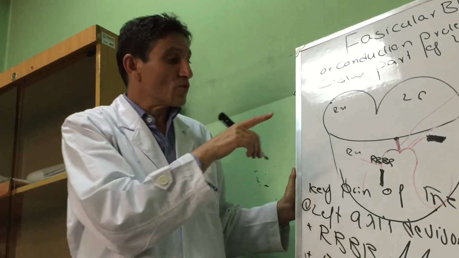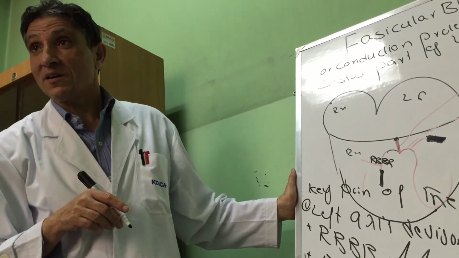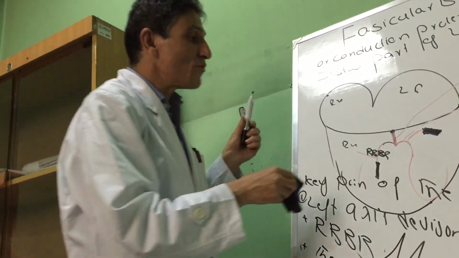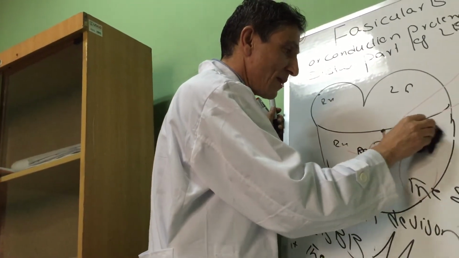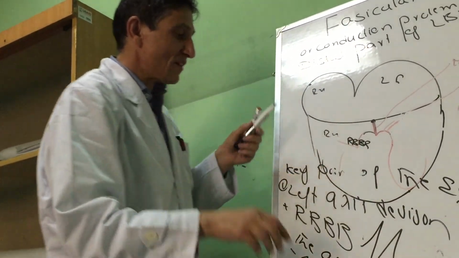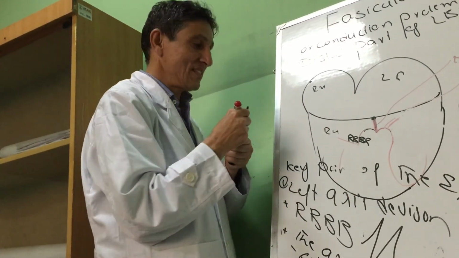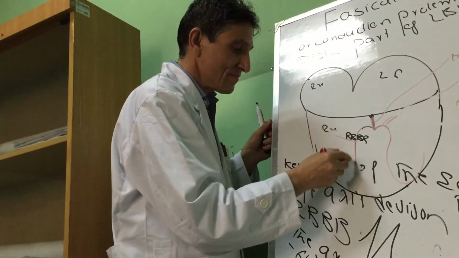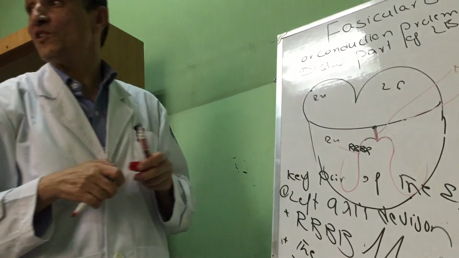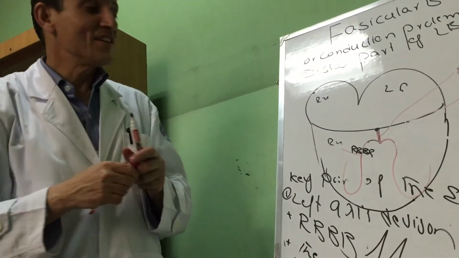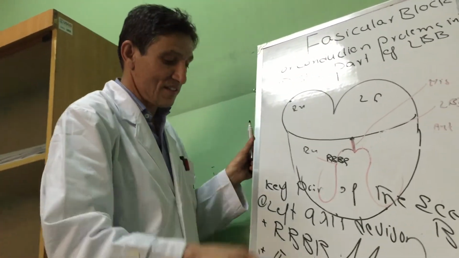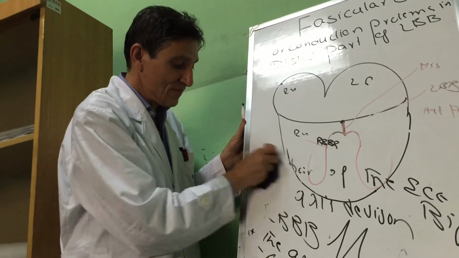Now, this was about bifascicular block. Now we are coming to the next type of fascicular block. What would be another type of fascicular block? Trifascicular block. Trifascicular block means the patient has anterior fascicular block and right bundle branch block,